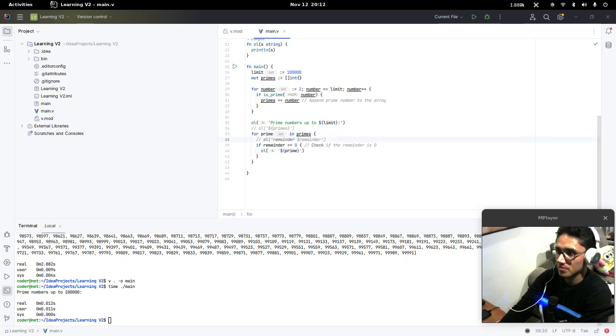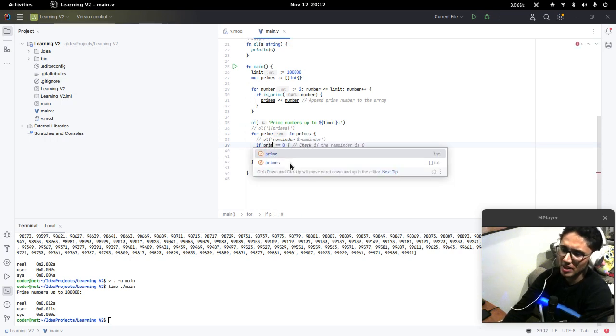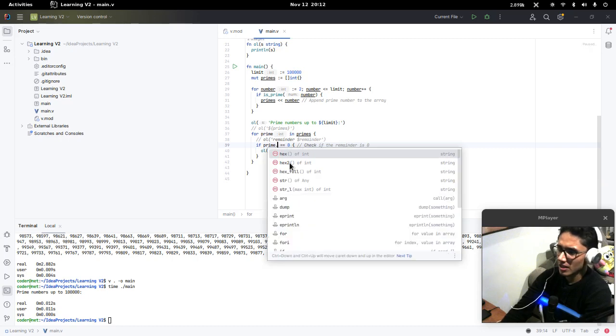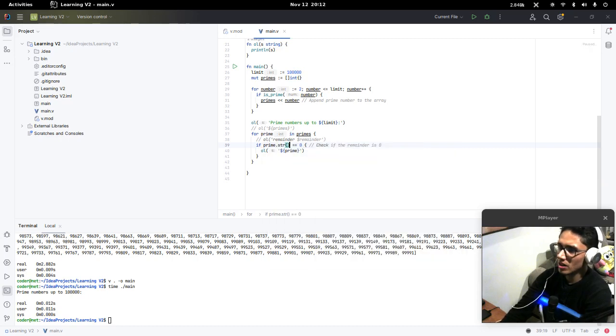Of course, we'll be doing lots of extra work, but that's fine because we're benchmarking things. And I'll say str at 0, which begins. Okay, I will only print those which begin with